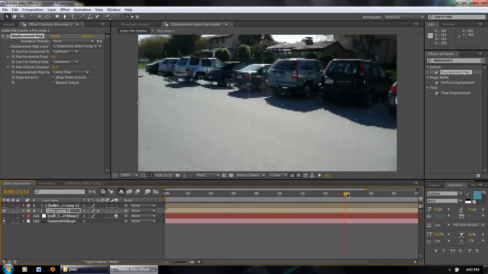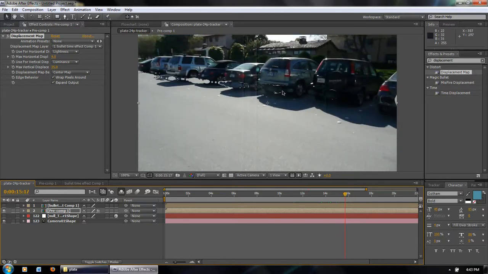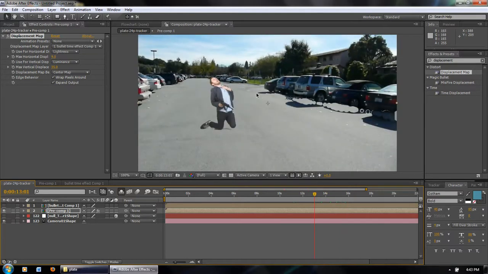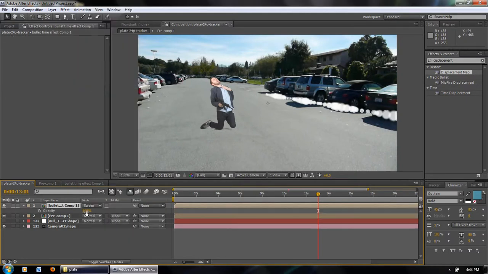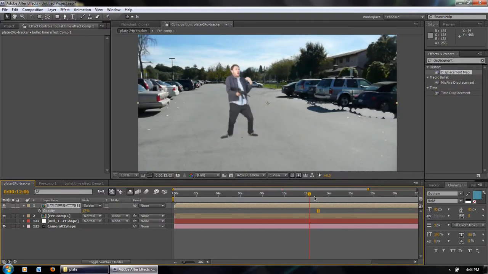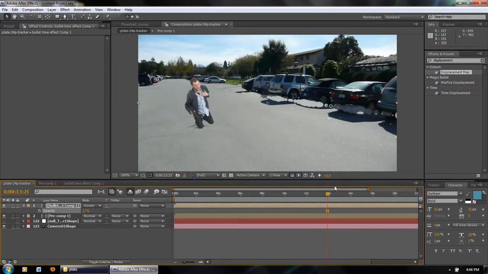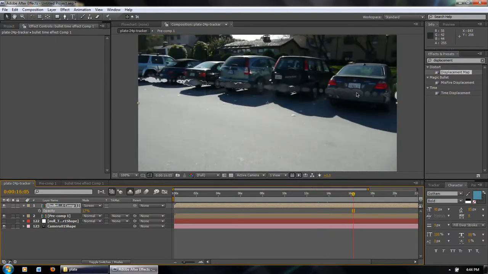And sometimes it's sort of invisible here in the dark areas, and also when it's completely light, say above the road, in this area it's pretty hard to see. So we're going to want to turn back on the bullet time composition and maybe change it to screen, and also turn down the opacity a little bit. This way it'll sort of highlight where the bullet time trail is going, and now you can see it's a little bit better in the darker areas. You can see it's a little bit of a hazy, foggy effect, but it sort of outlines where the bullet